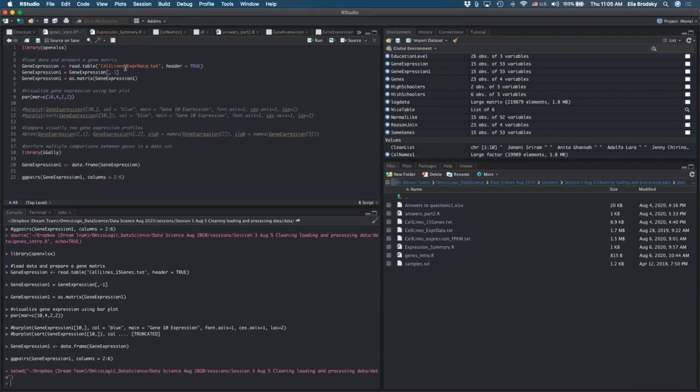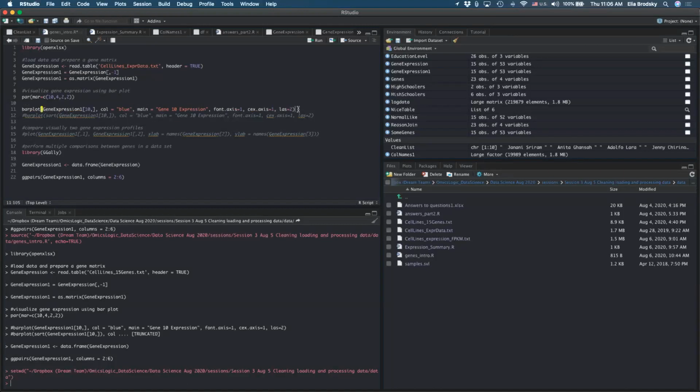If I open this, I can then extract just the matrix, the numerical data, and I want to visualize a particular gene, for example gene 10. I just take row 10, because the top one is the header. And I want to visualize it as a bar plot.